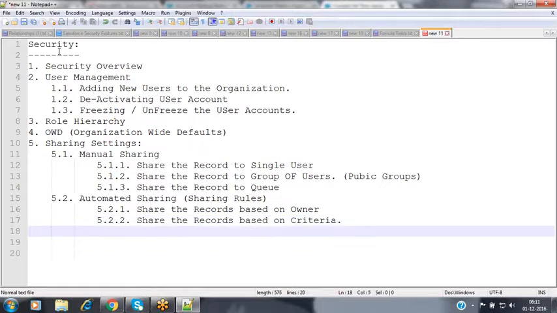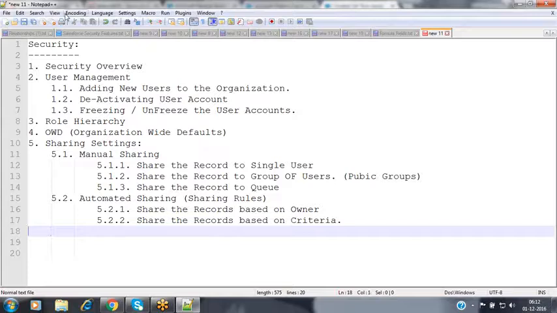So now these are the two sharing settings that we have, manual sharing and automated sharing. How can we share the record manually, and how can we share the record by using some automated rules called sharing rules? In that sharing rules, again, we are having two flavors. One is sharing the records based on owner. Second one is sharing the records based on criteria.